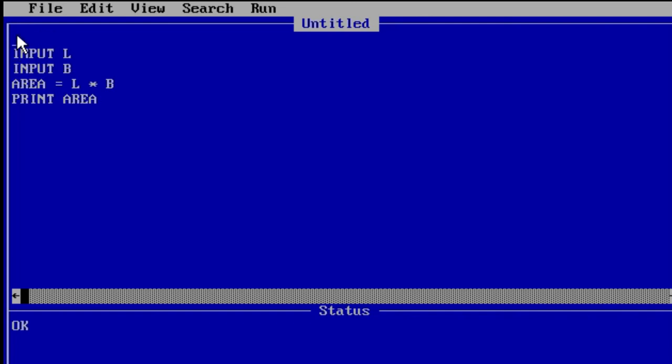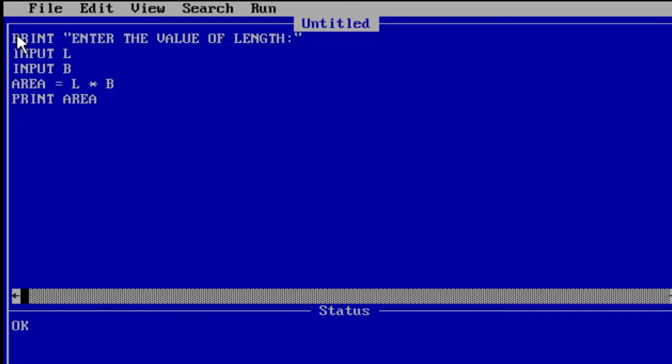Now you can do one more thing. You can write here print "enter the value of length". You can print this to give the user a better idea of what type of value they should enter.